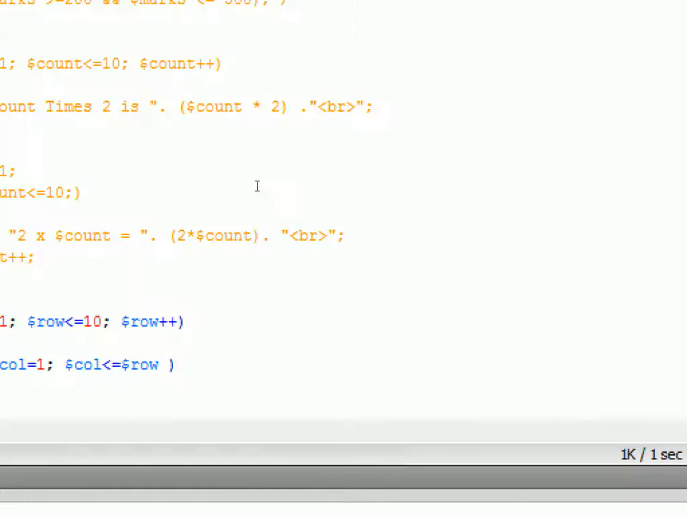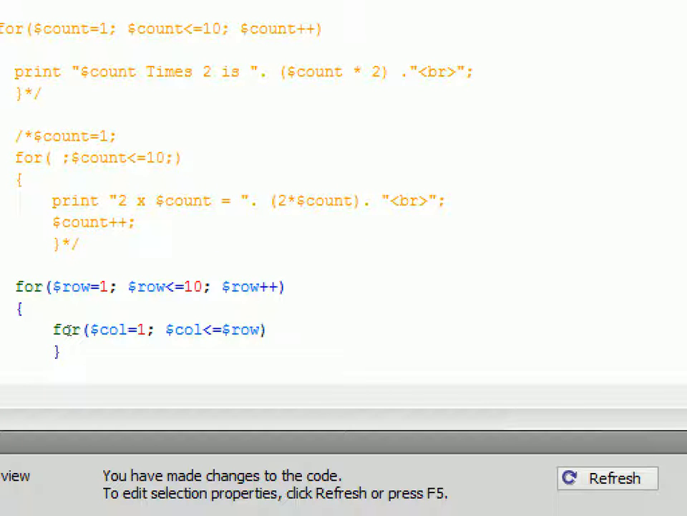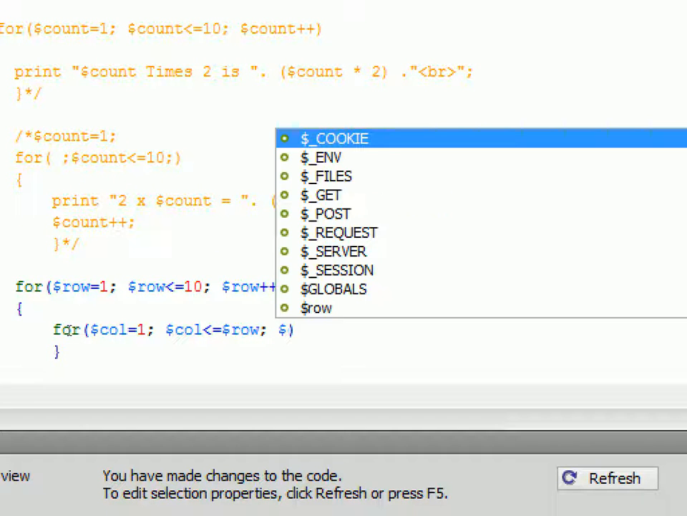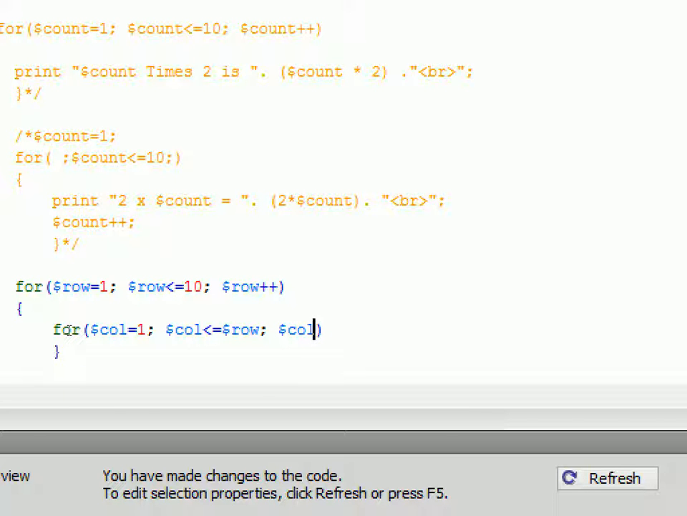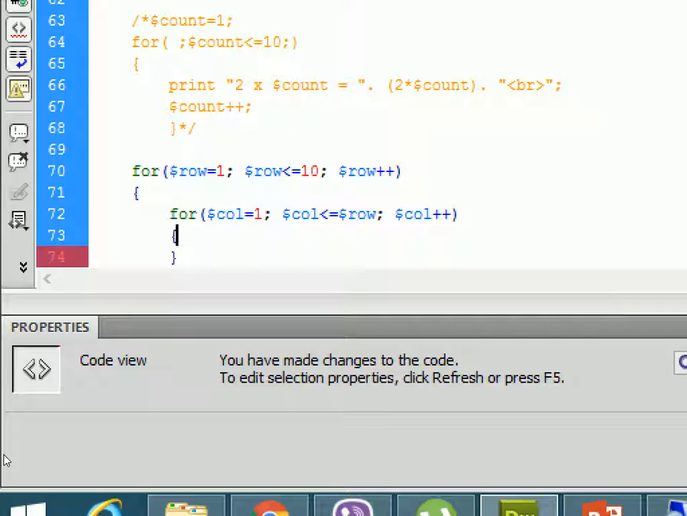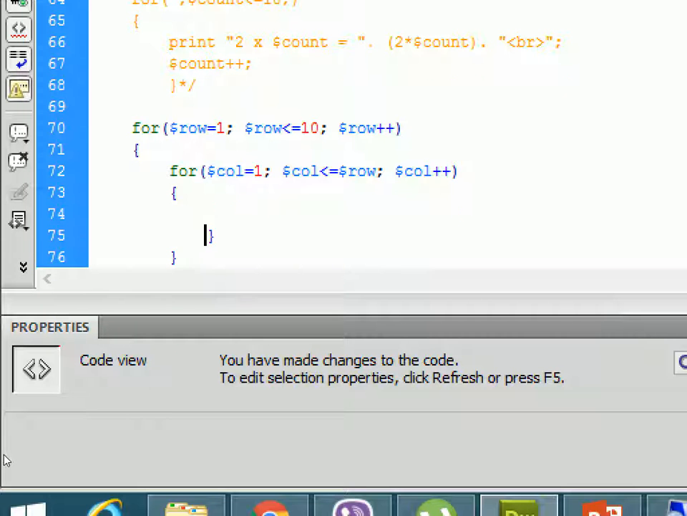So semicolon and column plus plus. Now inside that I'm creating the body of the second for. So what do I need to display? I need to display that print